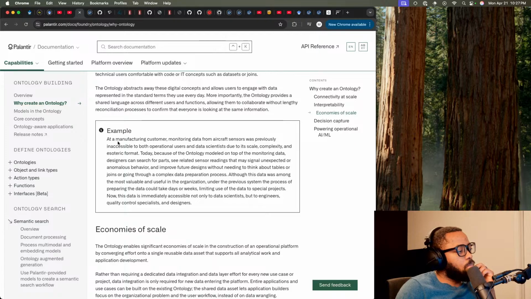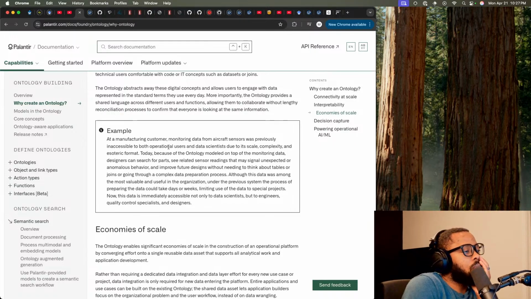At a manufacturing customer, monitoring data from aircraft sensors was previously inaccessible to both operational users and data scientists due to its scale, complexity, and esoteric format. Today, because of the ontology models on top of the monitoring data, designers can search for parts, see related sensor readings that may signal unexpected or anomalous